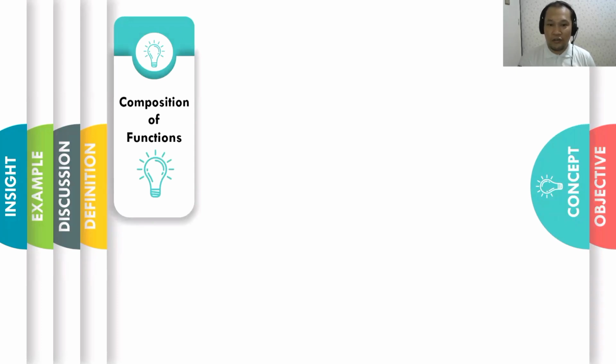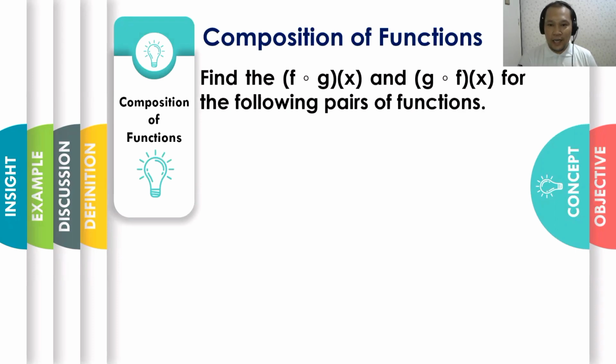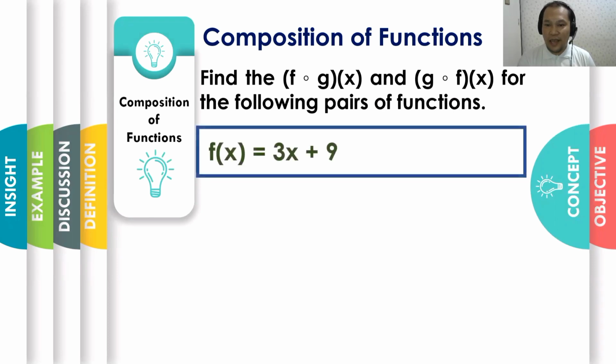And one of the operations that we performed is composition of functions. Now, here are two given functions. f of x is equal to 3x plus 9, and the other one is g of x is equal to 1/3 x minus 3. And we are going to find the f composite of g and g composite of f for the following pairs